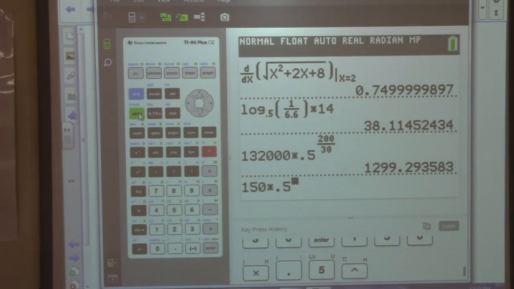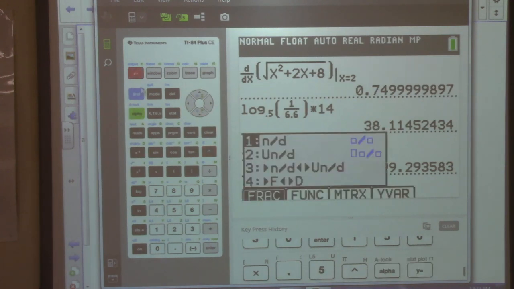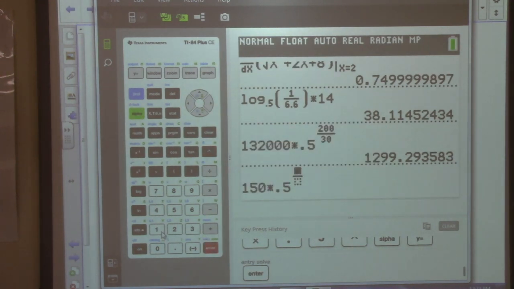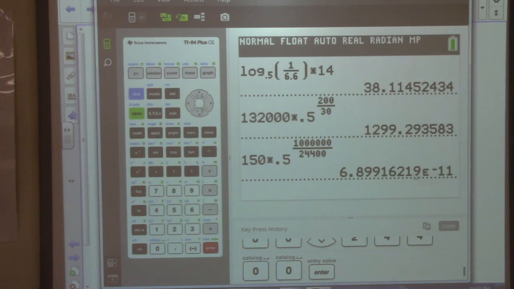I tried it both ways and didn't get it when you divide. I have a division sign. 1 over 24,400, was it? So you should get this. Is that what you got? No, I just shortened it and put 6.899. It doesn't matter if you put in 1/2 instead of 0.5. So this is going to be 6.9